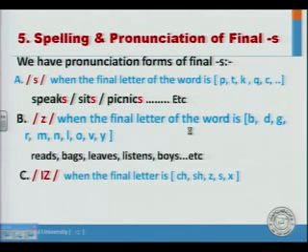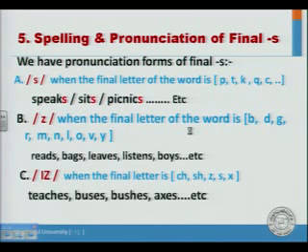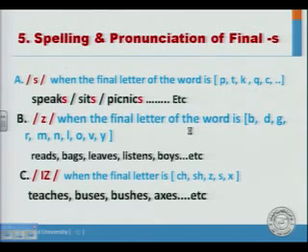And the third pronunciation of S is this: we put E before the letter S, and the pronunciation is "iz." For example, the verb here is teach. When you add S, it becomes teaches, buses, bushes, axes. You see? Yeah. Let's show you